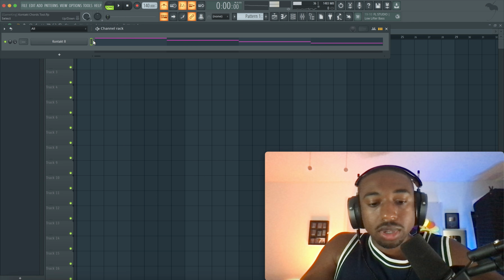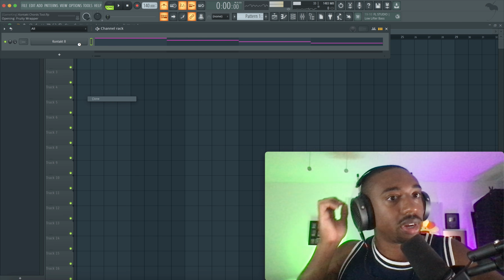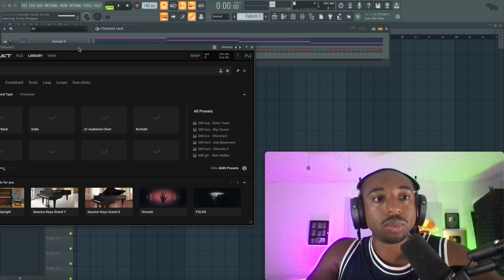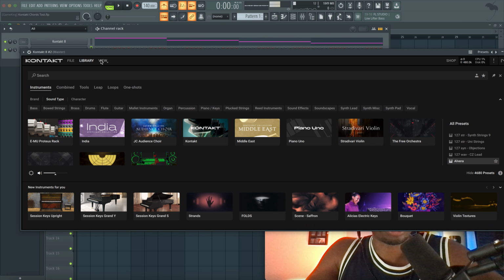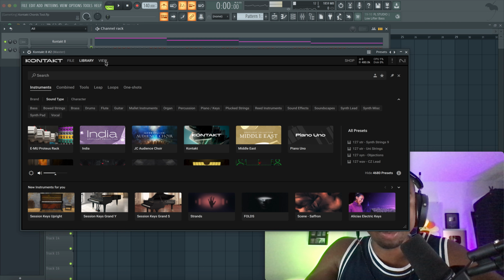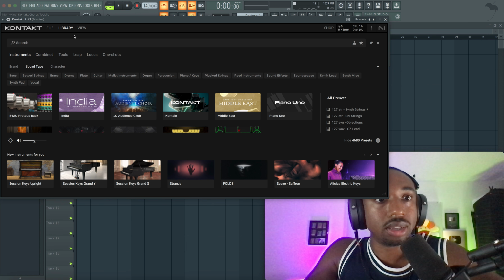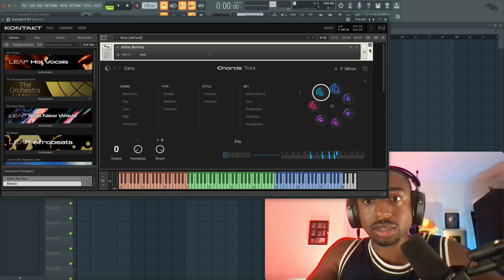Let's take the same structure, let's clone this, and let's see what the phrase tool is. I haven't gone through the phrase tool, so I have no idea what it sounds like. We're gonna go through the phrase tool this time, so let's see how we can even arrange this. I wish Kontakt would figure out how to make this easier to navigate, because I have no idea how to get back to where we were. Okay, so let's X out of here.